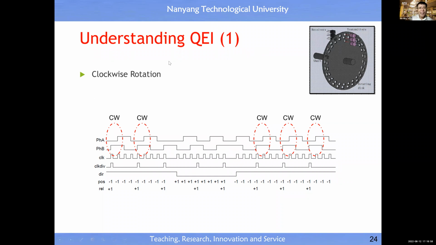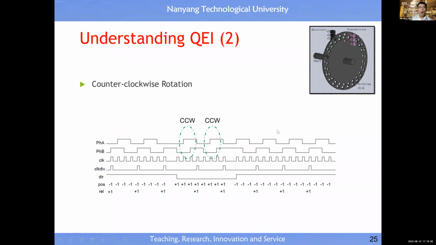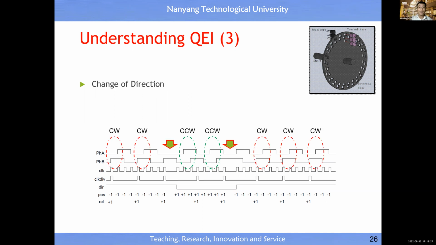All right. Then how this QEI works. So basically, you take the 2 signals to determine whether it's a clockwise rotation or counterclockwise rotation. So you see, it basically fully implements the working principle that we studied in lecture 1, right? So you just exactly use that principle, implemented in hardware, right? So that gives you confidence about the power of this microcontroller, okay? That's it. Then change of direction. So basically you implement this principle, right?